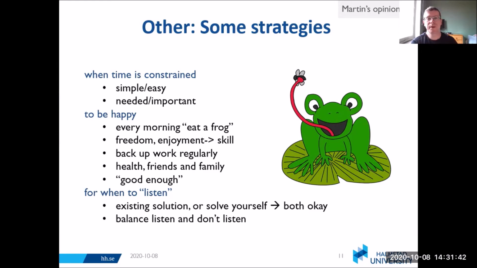So I think freedom is really, really important, to leave yourself a range of tasks and to enjoy them as well. If you enjoy something, you tend to be good at it. If you're good at it, it tends to be fun. Backup work regularly. I lost all my data before 2 conferences once, so that really wasn't good. Health is the most important thing, and using your friends and family